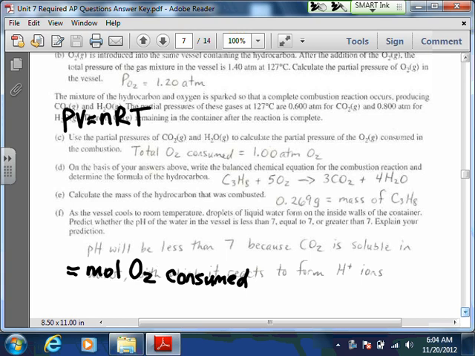Okay, and again, we now have our temperature, same as it was when we figured out the PV equals nRT for the CO2 and the H2O. We know our volume is still 1 liter because it's a rigid container. We figured out how many moles of O2 we have, so we can plug that in, and then we should be able to find the partial pressure of the oxygen. Okay, when you do all of that, you should end up with a partial pressure right here of 1.00 atmospheres